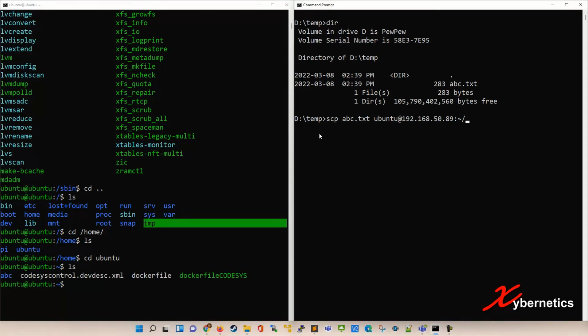So that, hit enter, and it'll prompt you for a password. Again, this is your Ubuntu password. Default Ubuntu password is ubuntu, right? Hit enter, and then in a few moments you'll see that this thing is completed. If the file is big, this timer will go on, but this is only a really small file there, 283 bytes